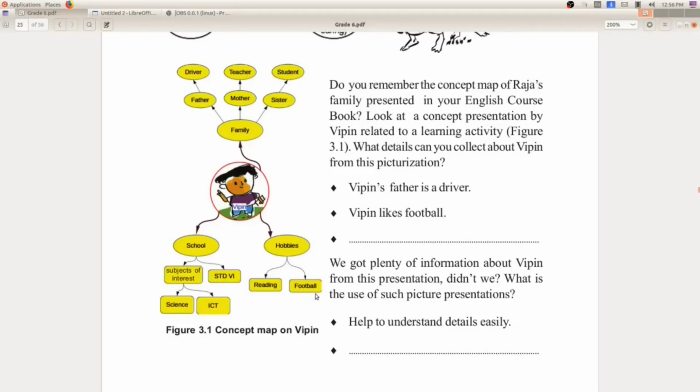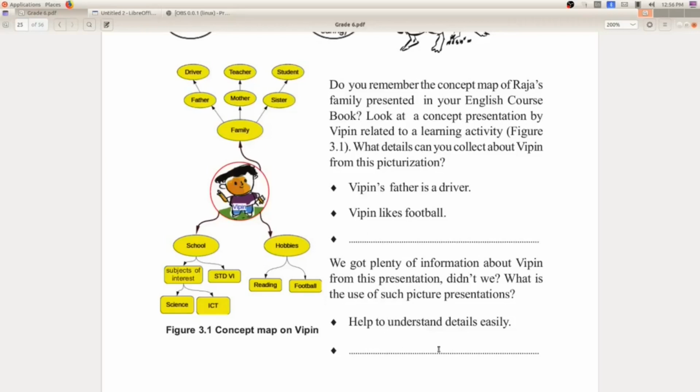I can search here, and one of the hobbies, he is a football fan. So we can know specific data from a picture. So please fill out this blank space.